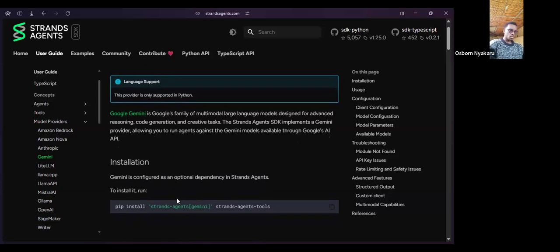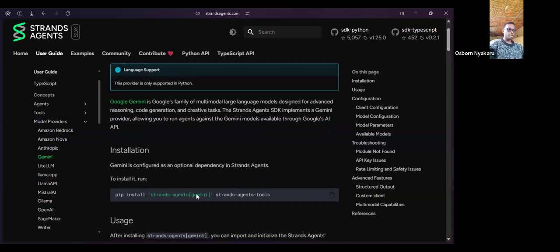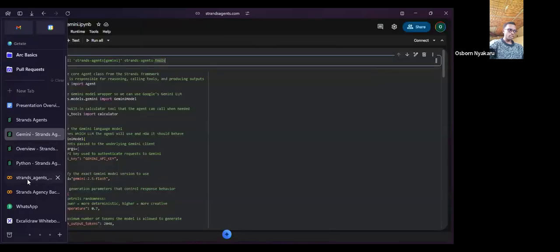To install it specifically using Gemini, you would run this command after creating a virtual environment. So we have pip install Strands Agents specifically for Gemini, then the tools that the agent will use. You copy that and run it in your environment.